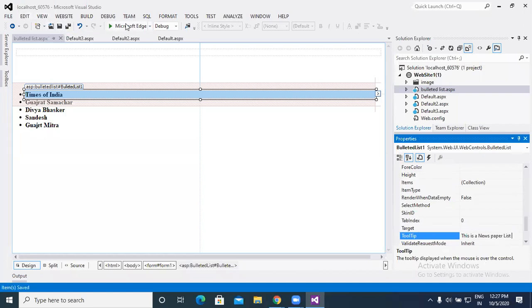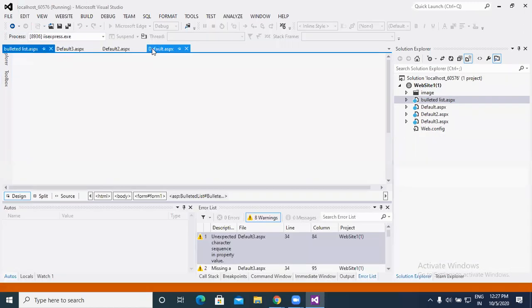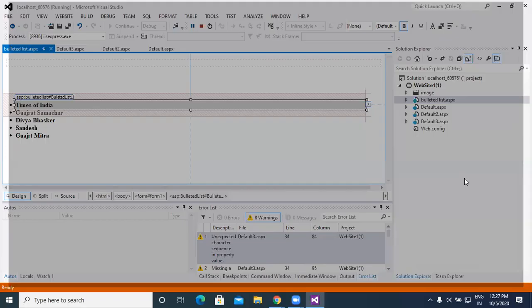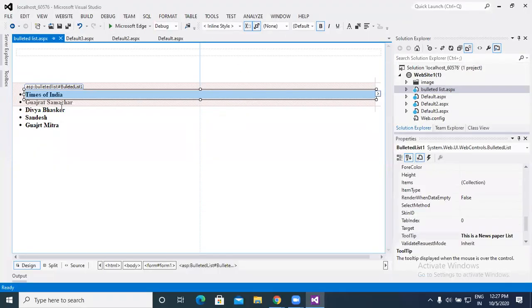Now let's check. We can run the application. Whenever we hover over it, at that time it displays: this is a newspaper. So this is the tooltip, which is useful for tips regarding your tools.